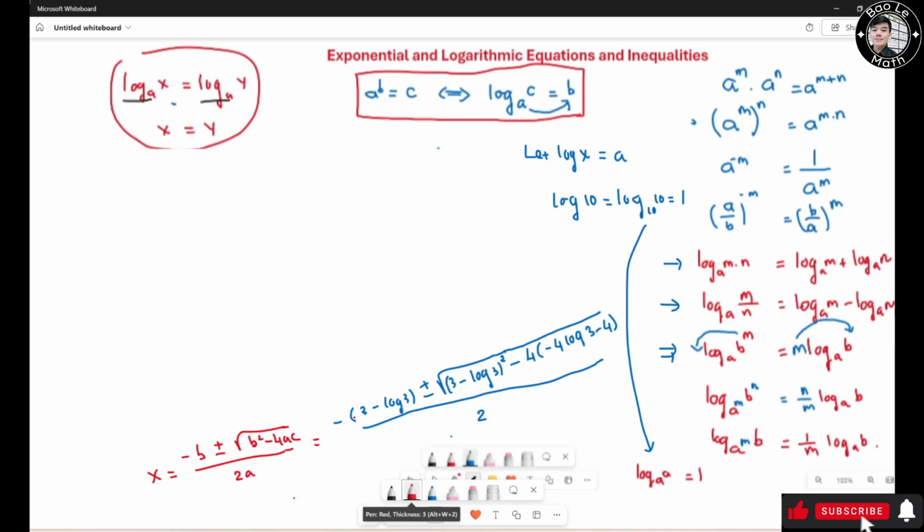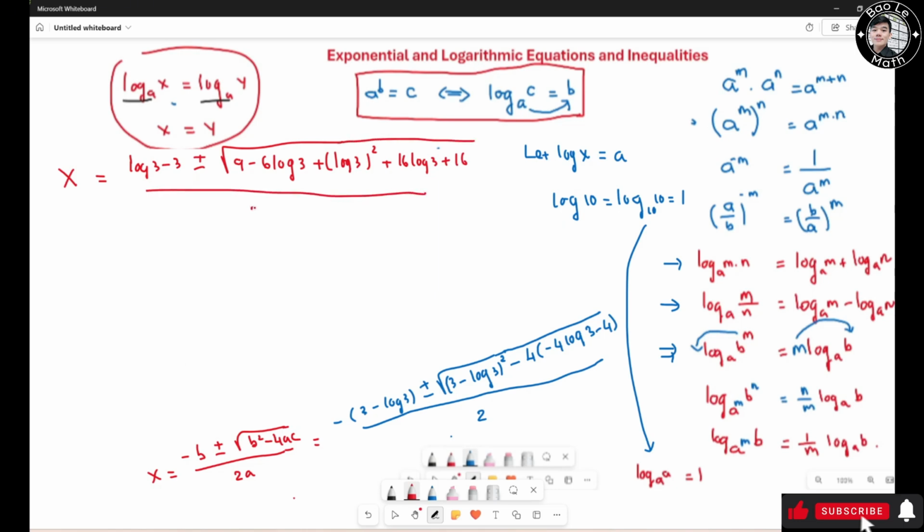Alright, so we need to simplify this one. So I just distribute negative 1. So it turns out to be s equals log 3 minus 3 plus and minus square root of, now this guy square equals 9 minus 6 log 3 plus log 3 altogether square. This guy you need to distribute negative 4, so it's going to be plus 16 log 3 plus 16